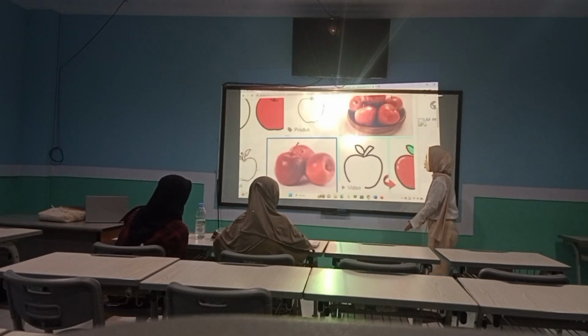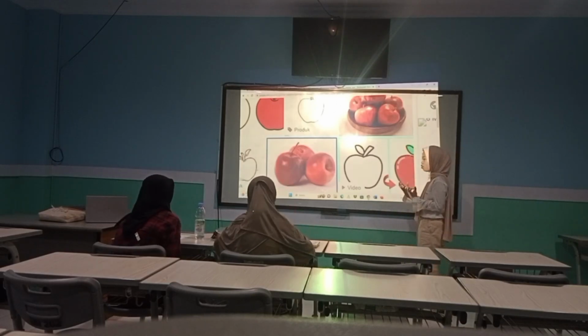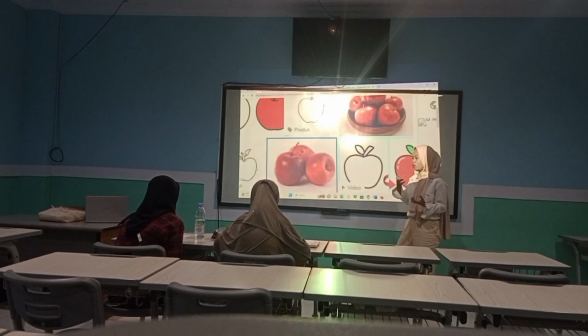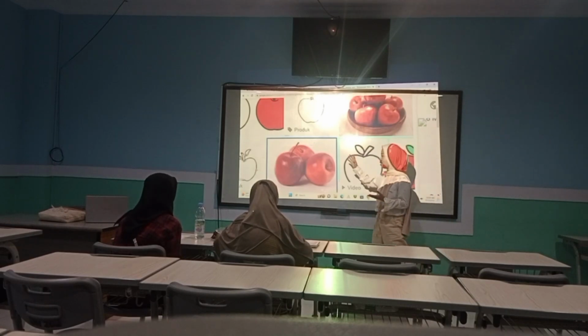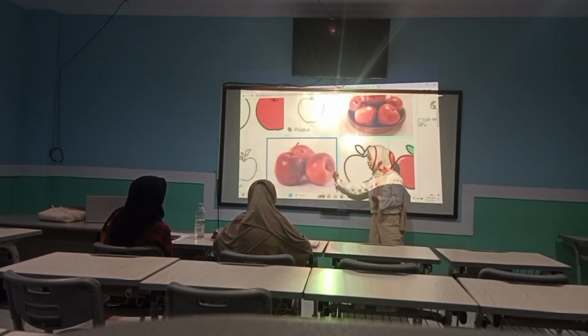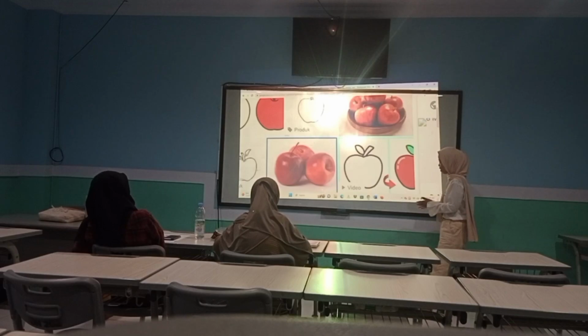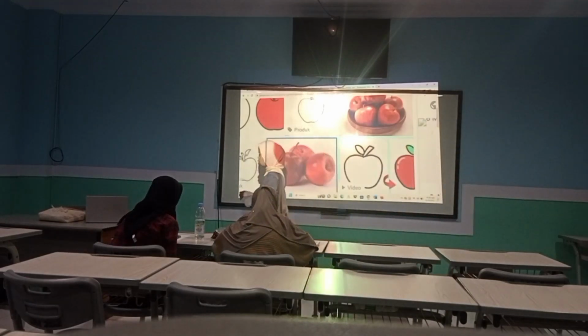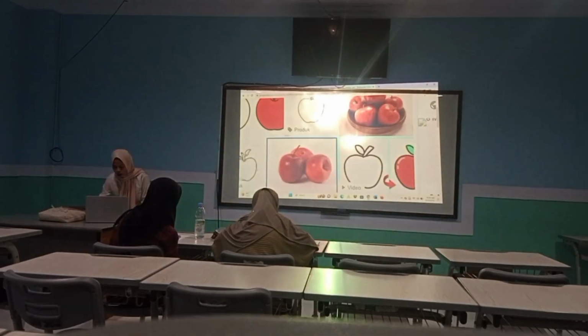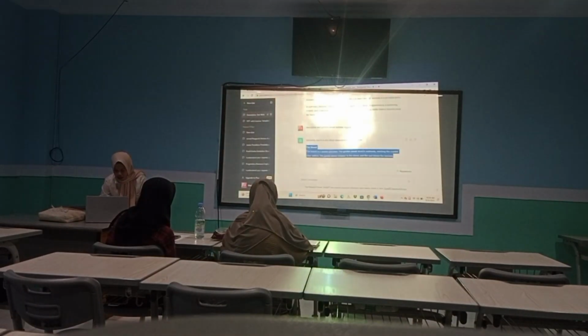Yes. So after you see the picture, can you guess what we want to learn today about the color, the name, and then the taste? Descriptive text. Right. So today we want to learn about descriptive text.